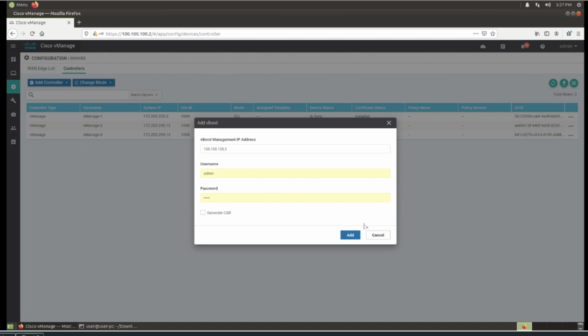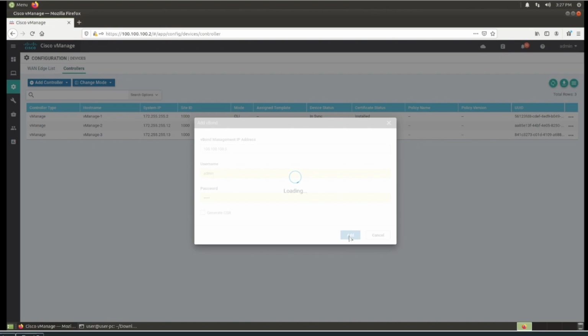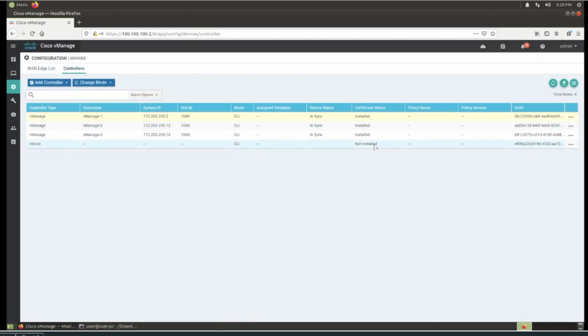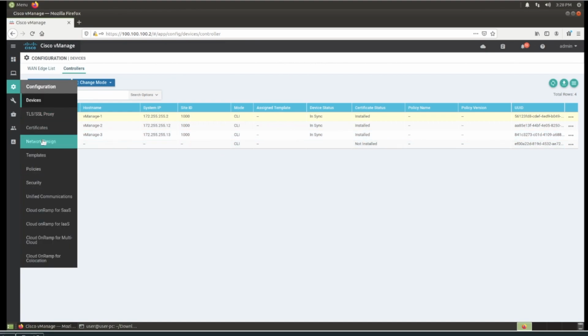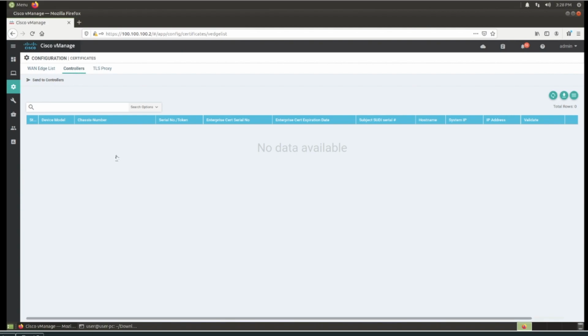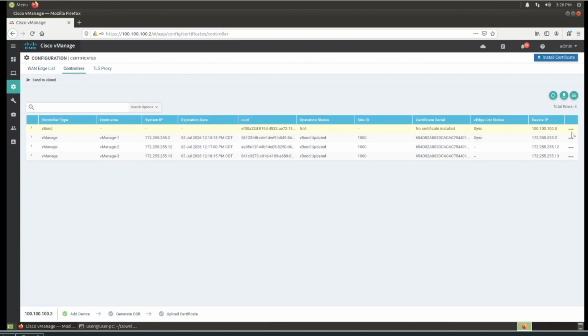Let me see if I can get this, and we'll hit add, and it should go ahead and add the vBond to the list. So let's see what happens. And it did add. At this particular juncture in time, it was just slow. So what I want to do next, notice it says certificate status not installed. Now we've given it the root CA, and since we are using enterprise configuration, we need to actually sign the certificate ourselves. We do that by going to Configuration, Certificates, Controllers, find the vBond in question, and I'm going to hit the three dots and tell it to generate